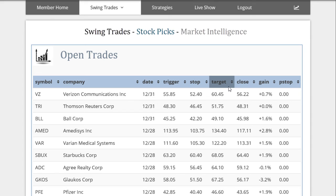And the whole goal is that we take the entry, and shortly after our entry, we get range expansion back to the upside, which means that not only is the stock going to be moving in our favor, but the daily ranges are going to start expanding back in our favor. And so this computation gives you high frequency fill targets, because all we're doing is we're saying, hey, if you've been trading on an average of 3% per day, all we're asking at the minimum is just you go,